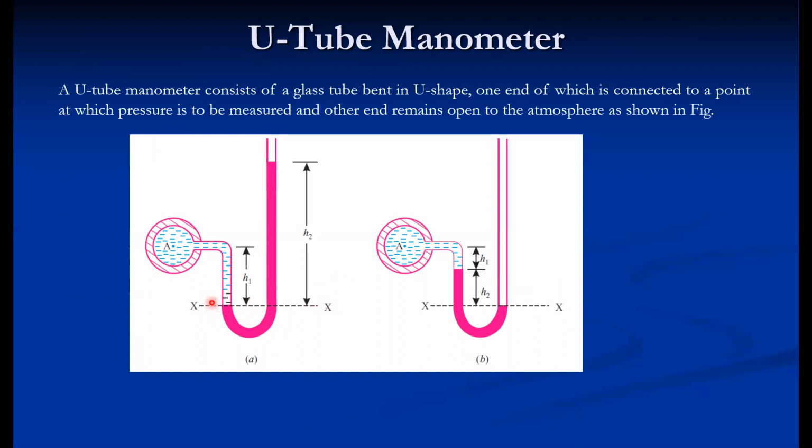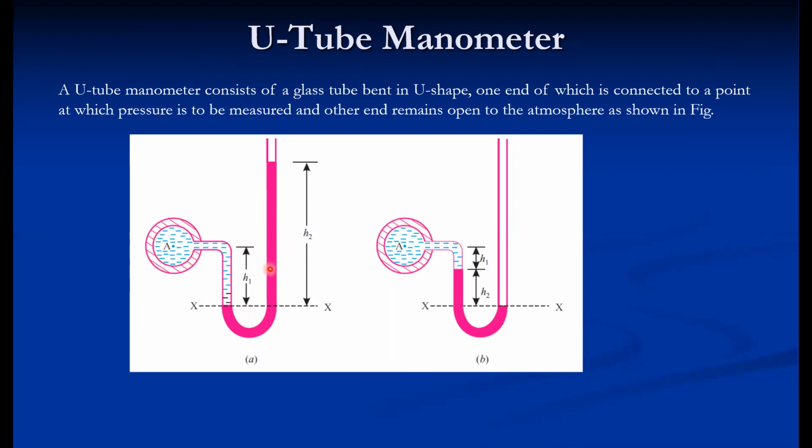In order to measure the pressure of gas, we can use it, because in U-tube manometer, another fluid is used that is called a manometric fluid. So this is a manometric fluid, which is a visible fluid, and it may be denser than the flowing fluid in order to accommodate the large pressure range, so that we can measure the higher pressure as well.